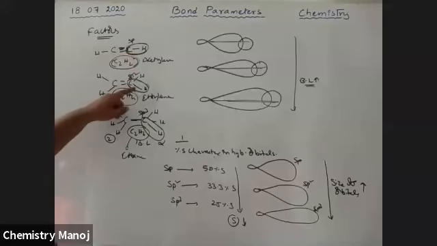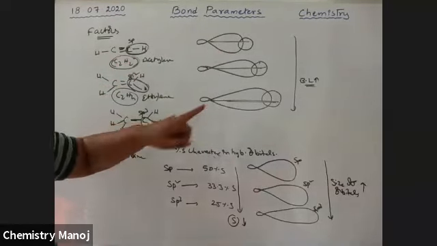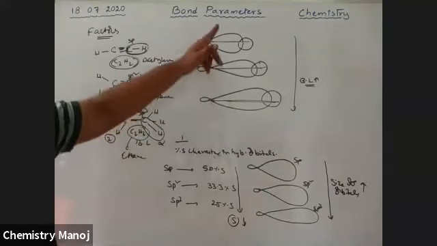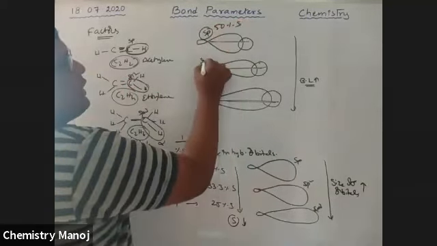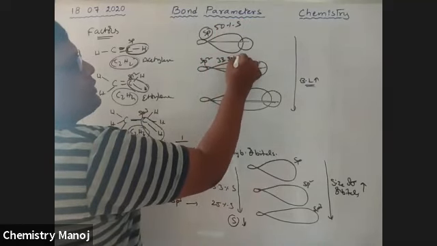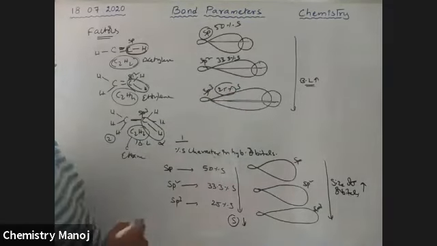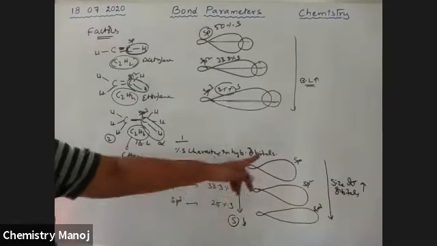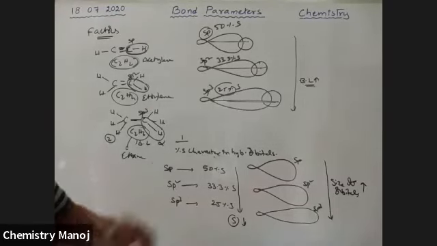So this is the CH bond length in each case. Here we consider the sp orbital, which is small in distance, and here the sp3 orbital, which is more in distance. That means as S percentage increases, bond length decreases. Here the sp hybrid orbital has 50% S character, sp2 has 33.3%, and sp3 has 25%. As S percentage decreases, bond length increases. That is what I told you. So that is why hybrid orbitals also create variation in bond length.